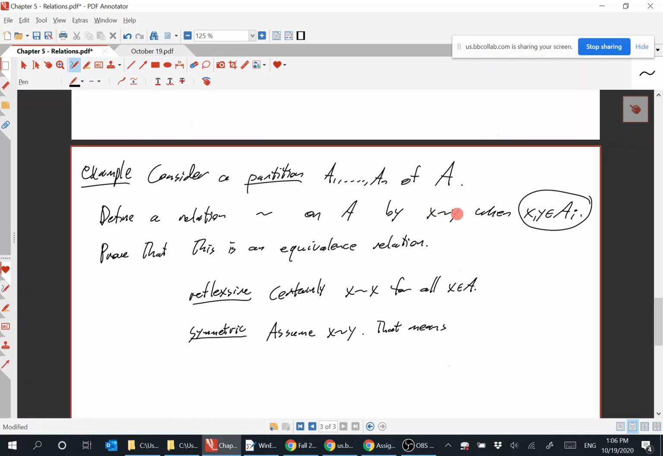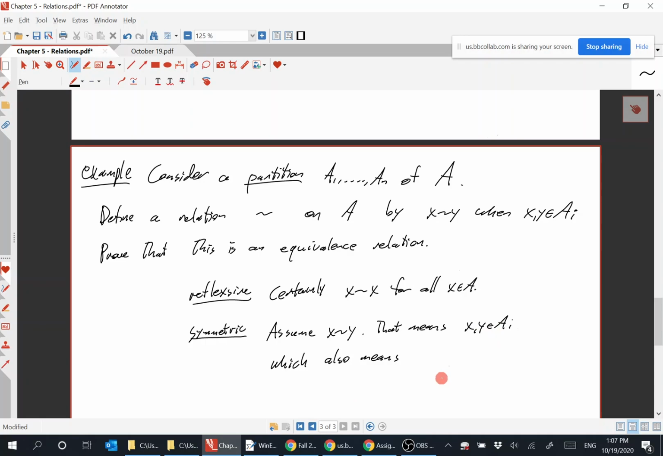Come on, guys, right here. X twiddle Y when X is related to Y when X and Y are elements of the block of A, the block AI for some I, which means